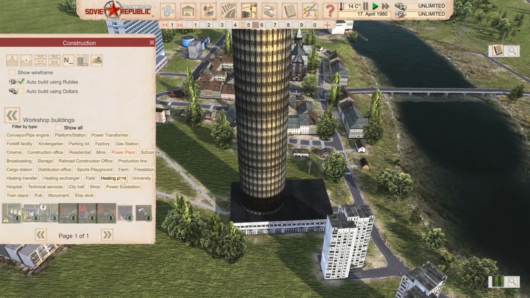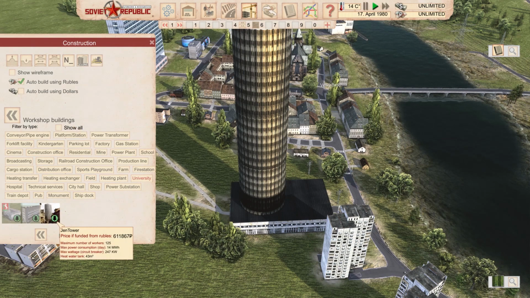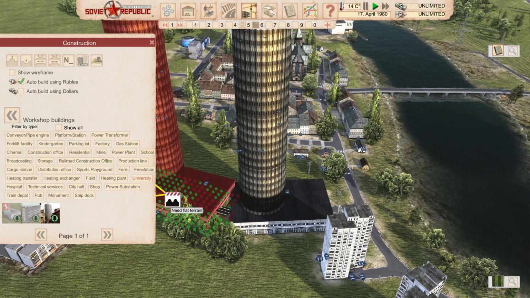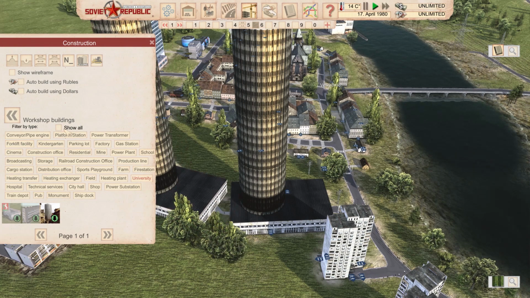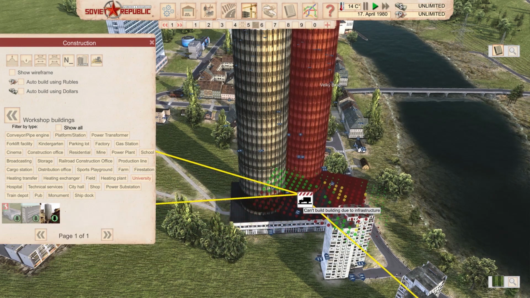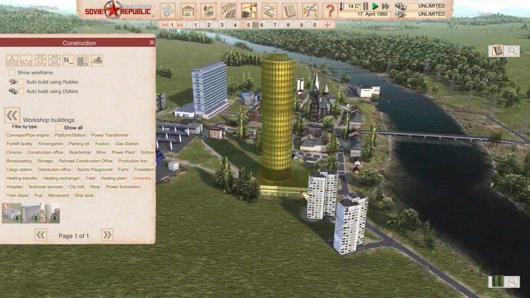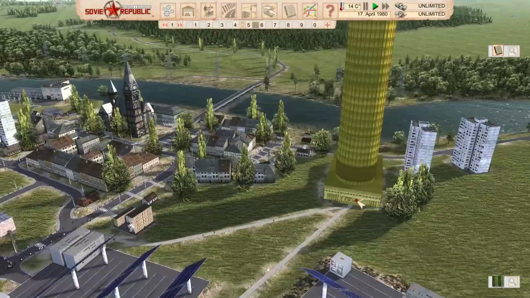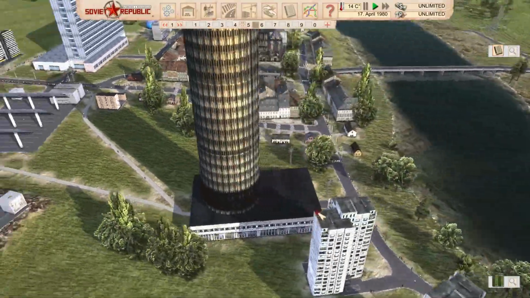It can be found in the university section of the mod section, and it costs 611,000 rubles to build. It's absolutely expensive. That's why I'm gonna be building it. And if you want to build it yourself, 15,000 work days. 865 tons of steel is required to finish this building. This is an absolute beauty of a mod. It's a beauty of a building, and it's definitely going to be something that I'm going to be using